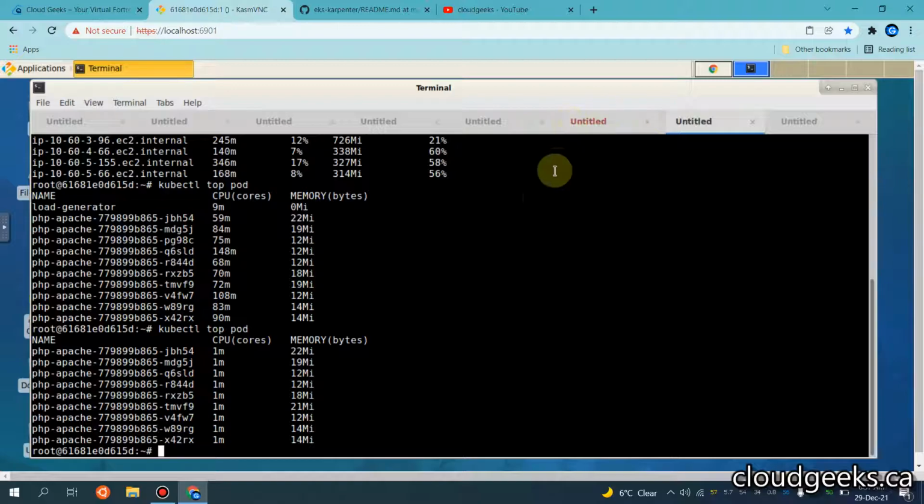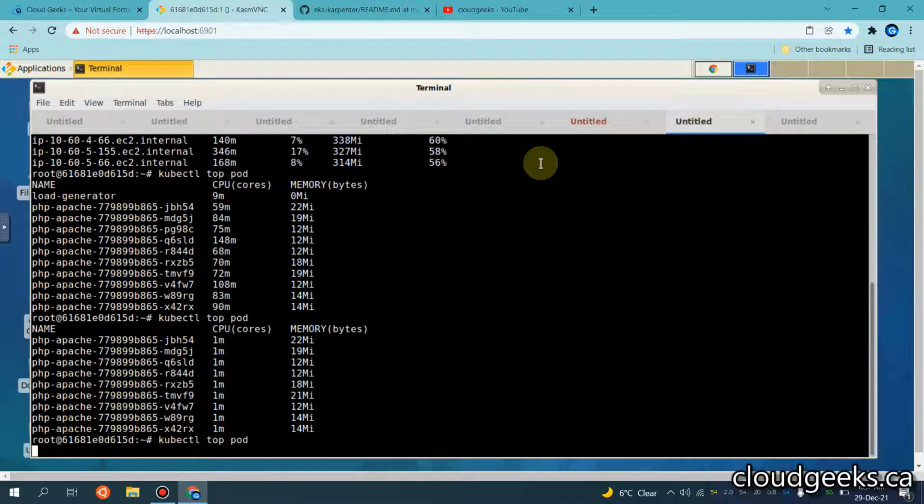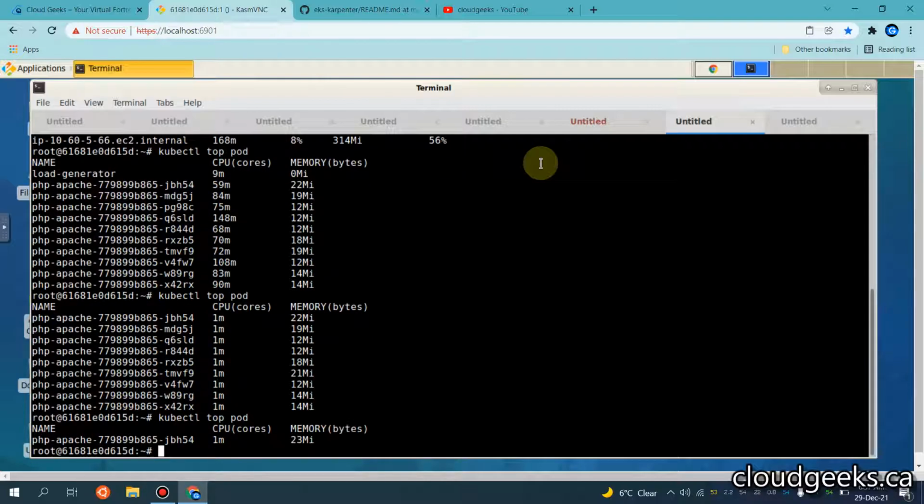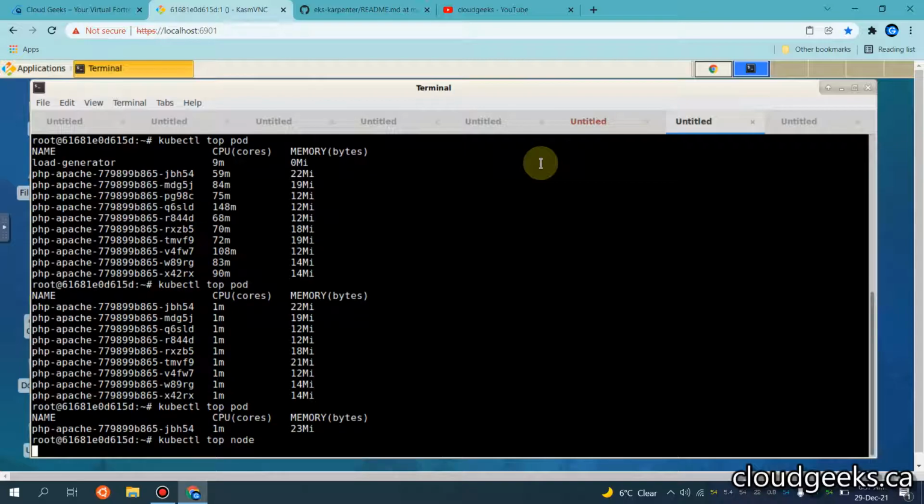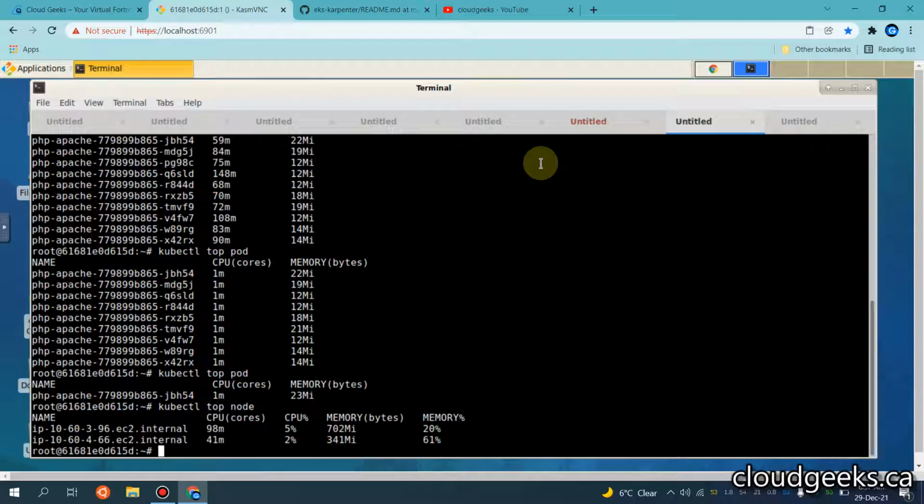And these are the commands. Let me also run these commands again to show you what load and CPU we have, kubectl top nodes, top pods, and it is happening automatically. And containers as well.